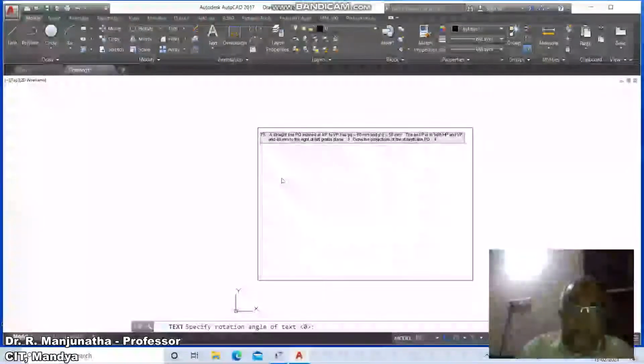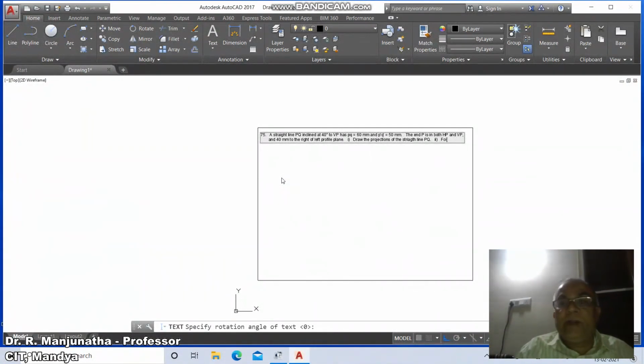Then go to the second one, find the true length and true inclination with HP.